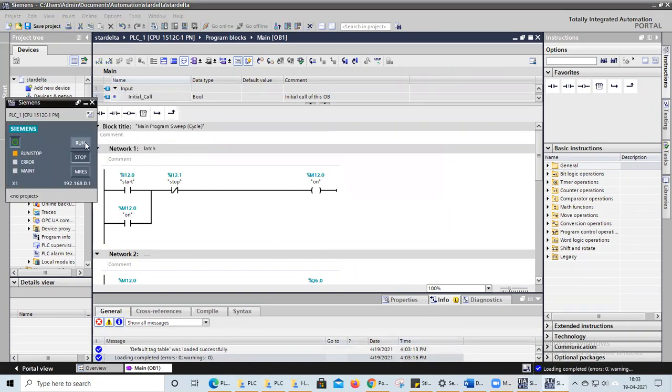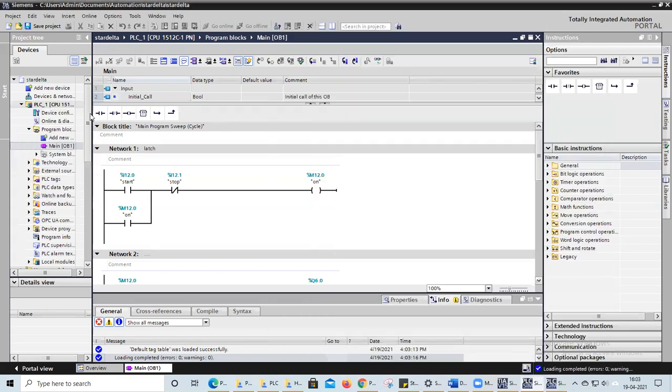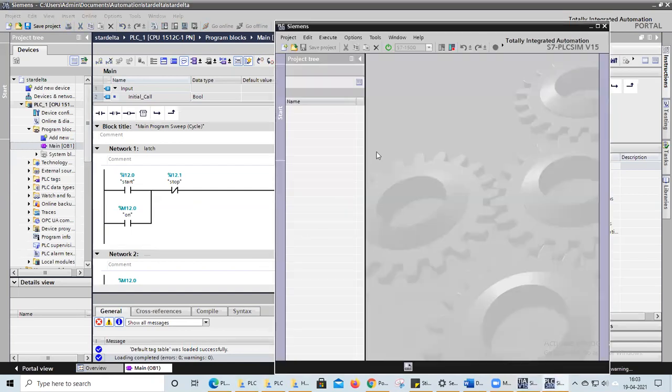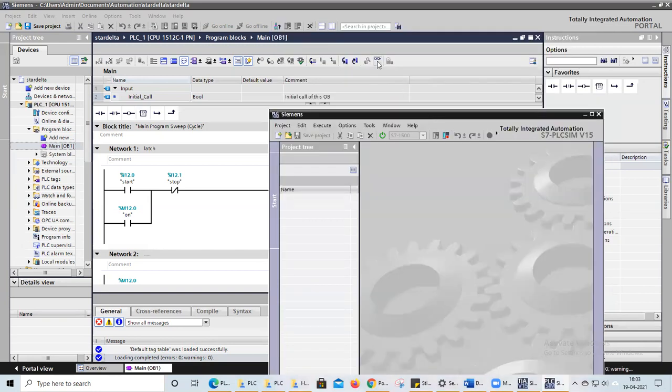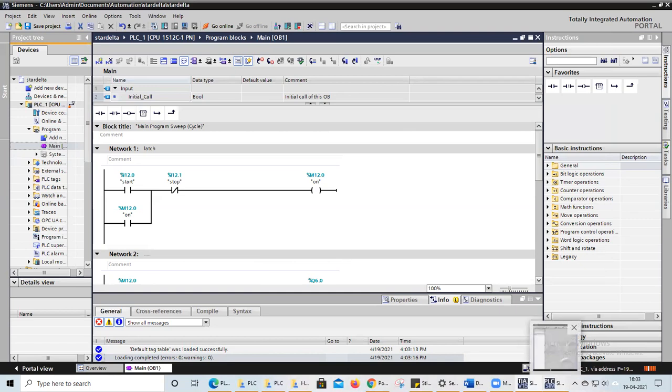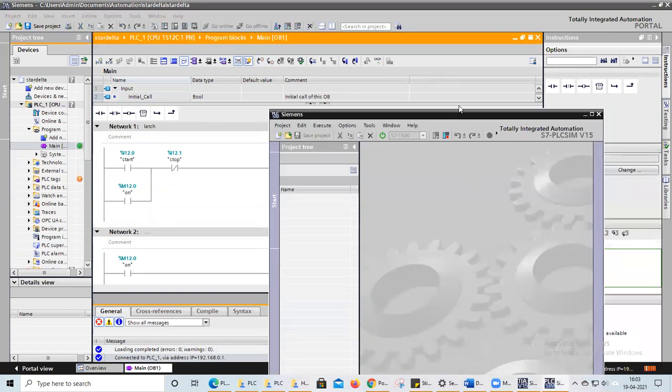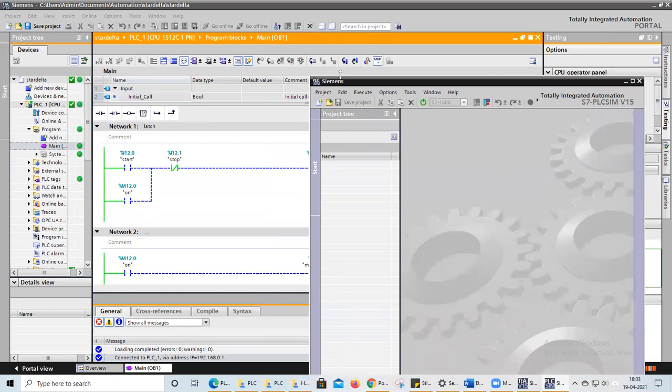Okay. Now you click on the run option. Okay. Now click on this box. Now you click on this monitor option. Once you click on this option, you are turning on this program.